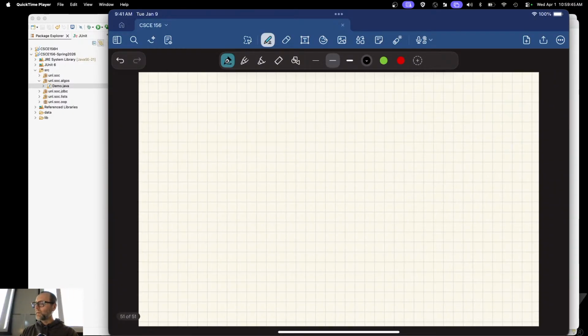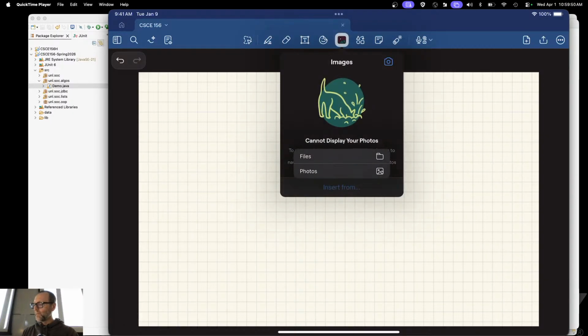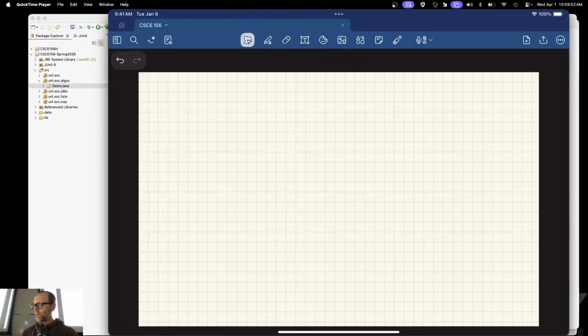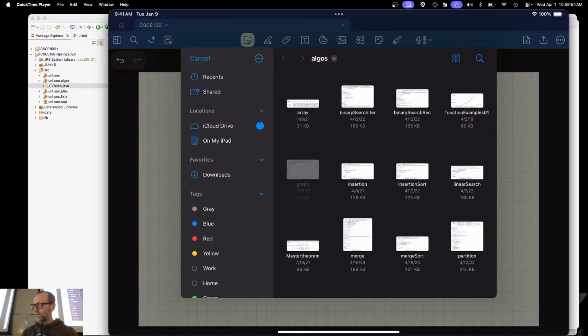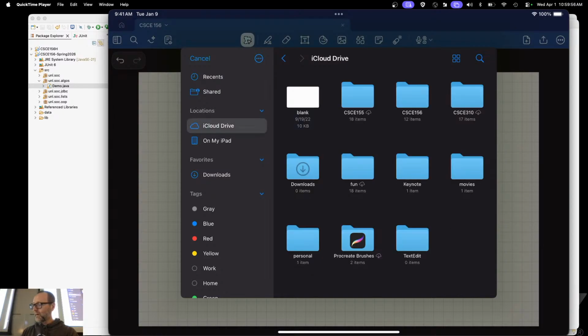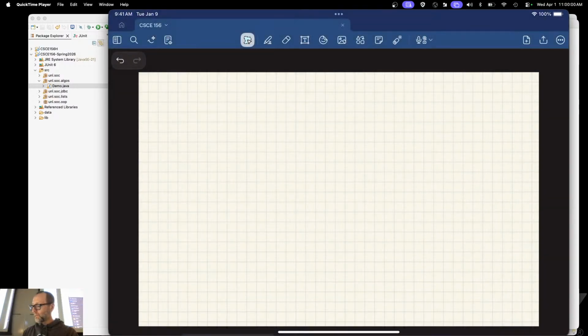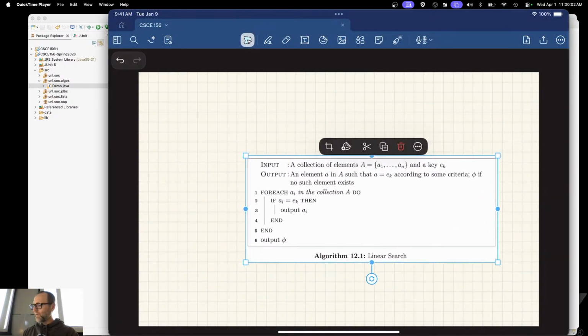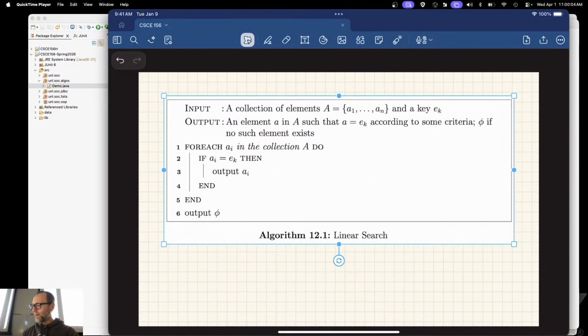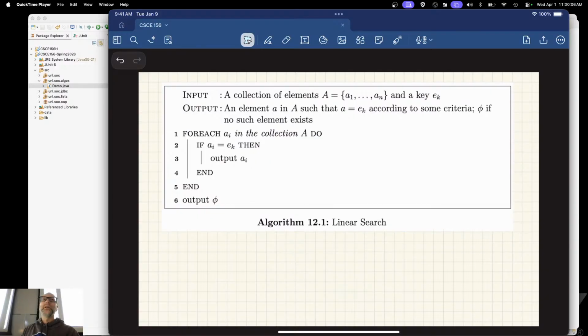Now, if you're interested, here's what it looks like. Come on. All right, fine. Insert from files, iCloud, there we go, algorithms, and where's my linear search? There we go. All right, so there's the equivalent of what I just did, but instead, I wrote it up